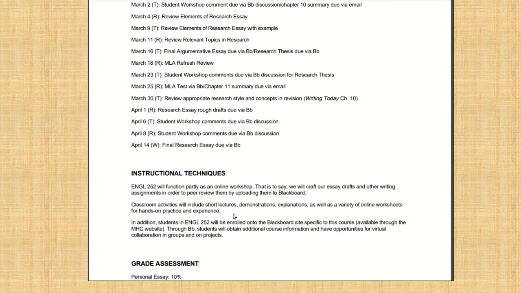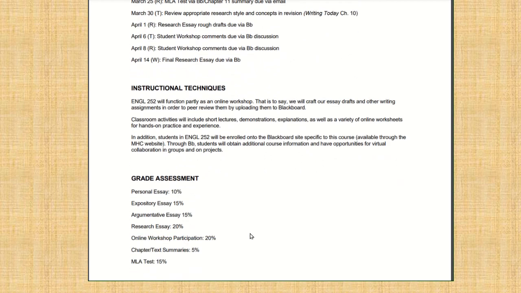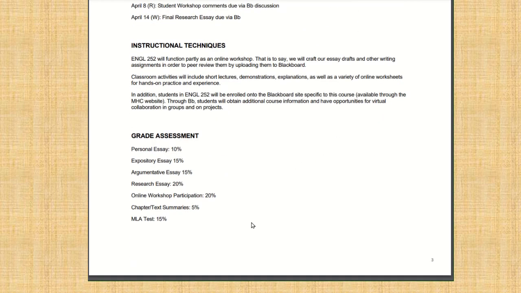But as we move to the informative essay, it's also called the expository. I use those words interchangeably. And then to the argumentative and the final research essay, we are going to have a works cited page. But for the first essay, the personal essay, it's just going to be 3 to 5 pages long, double spaced. But you're going to see a great example of that next class that I'll be able to show you, and it'll become clear at that point, or clearer.